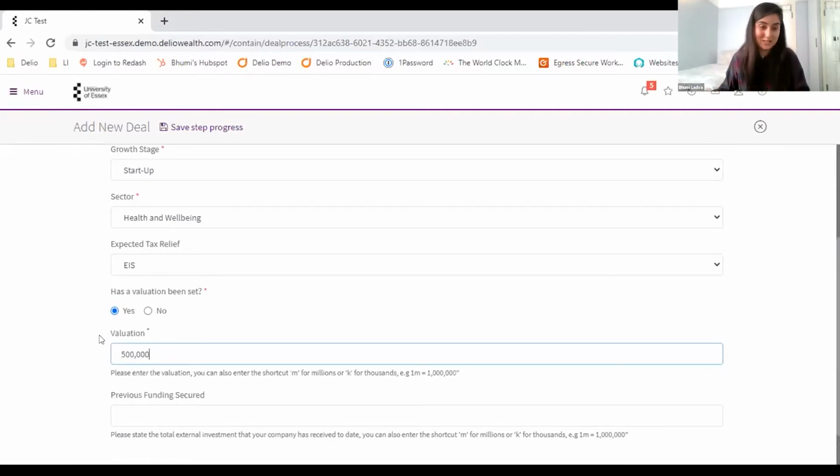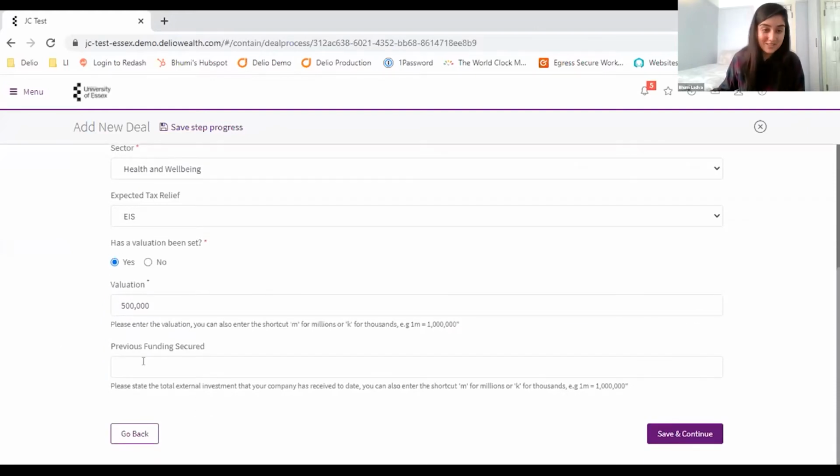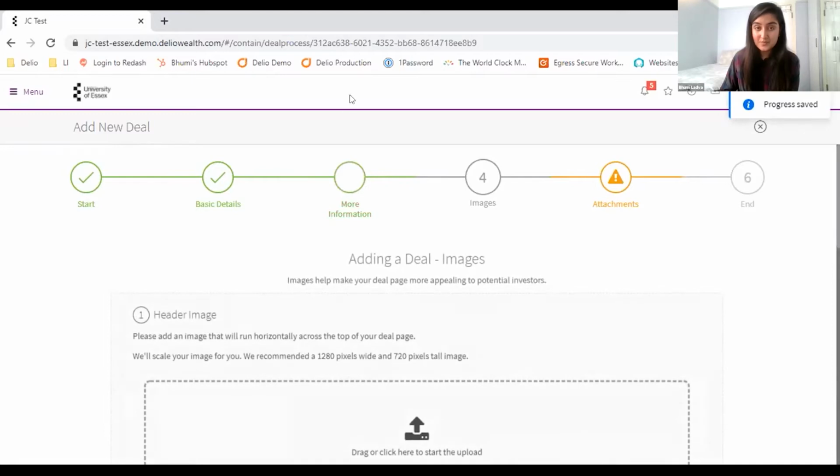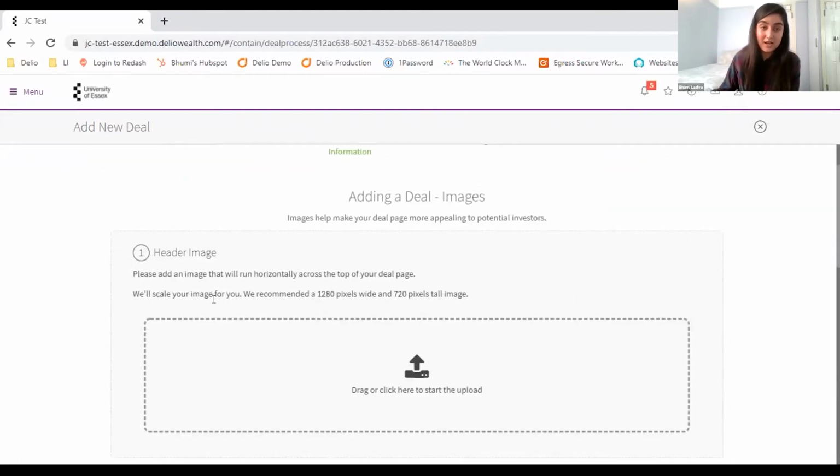These numbers are all made up, by the way, so don't take them too seriously. If there has been any previous funding secured, then you can add this information as well. I'm going to save and continue and move to the next step. So you can see now that step has turned green, and I am now on the images stage.